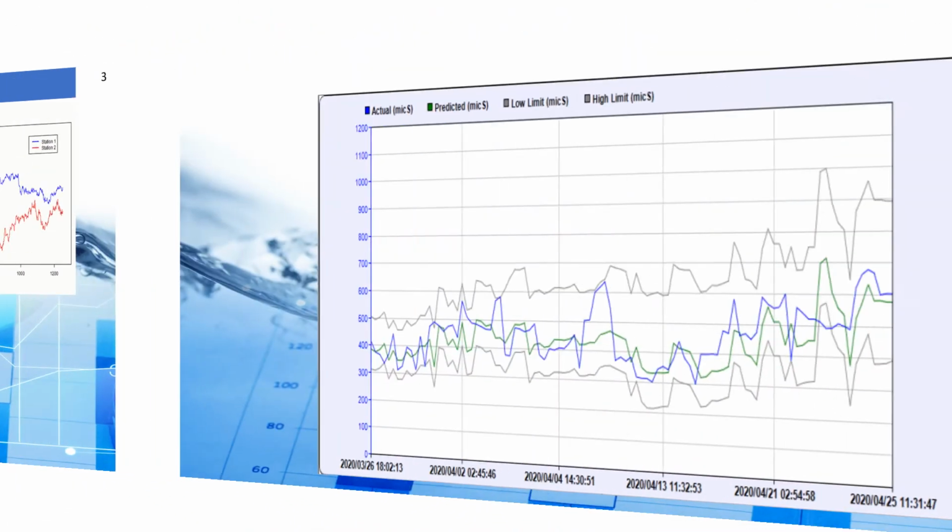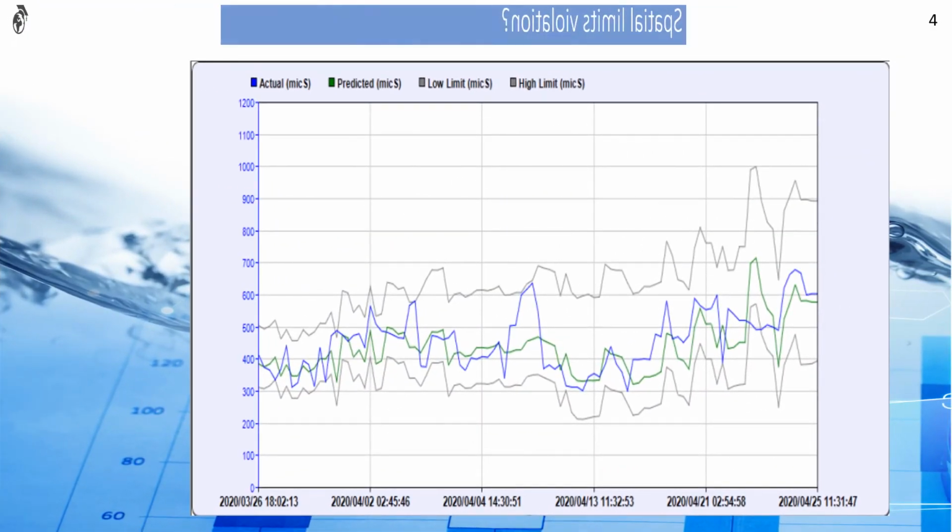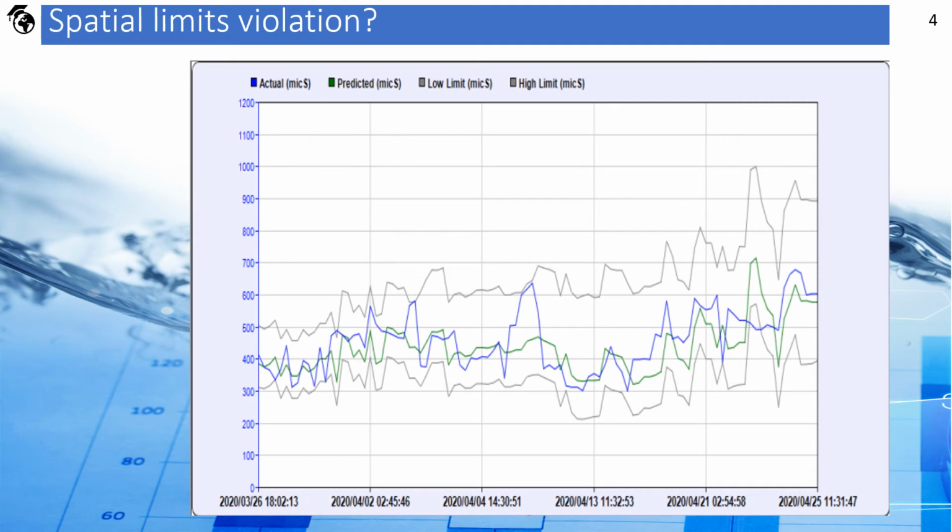After calculating the flow time between the source and destination stations, the pair can begin to predict the measured value at the destination based on the historical measurement at the source. For each new record at the target station, the model calculates the predicted value based on the appropriate historical value. The graph before us shows both predicted and measured values. The blue series represents the actual measured value, and the green series represents the predicted value. Both series refer to the destination station.